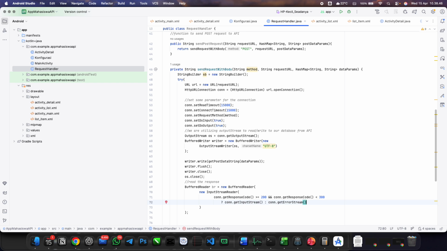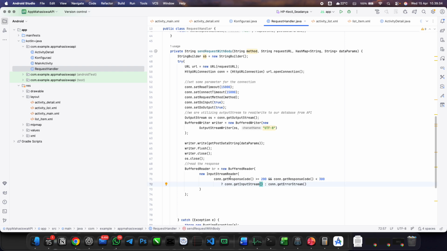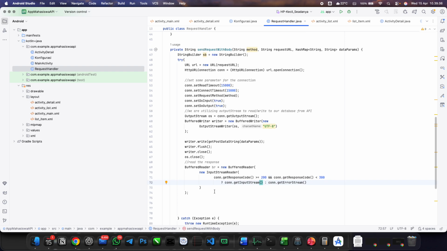Done. Okay, this is how to read it. If the response code is larger than 200 and below 300, we will get the input stream. But if not, it is smaller than 200 or larger than 300, we will get the error stream, and later on we'll trigger the exceptions.